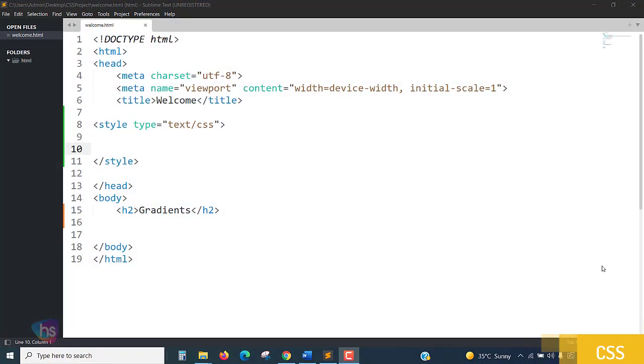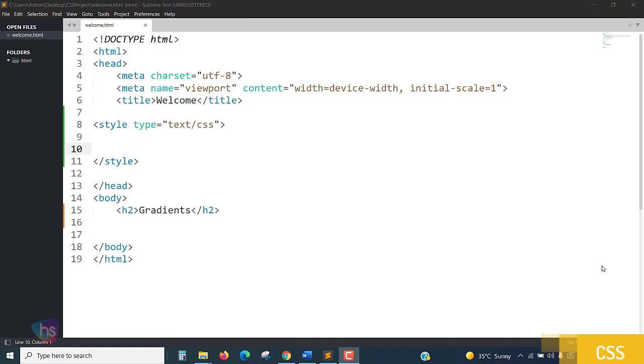Hello everyone, welcome here. In this lecture, you are going to learn gradients. How we are going to apply gradients, we are going to be seeing here. Gradients display a smooth transition between two or more specified colors using this CSS template. With this technique, you may use gradients on any boxes, any text or any background as you wish